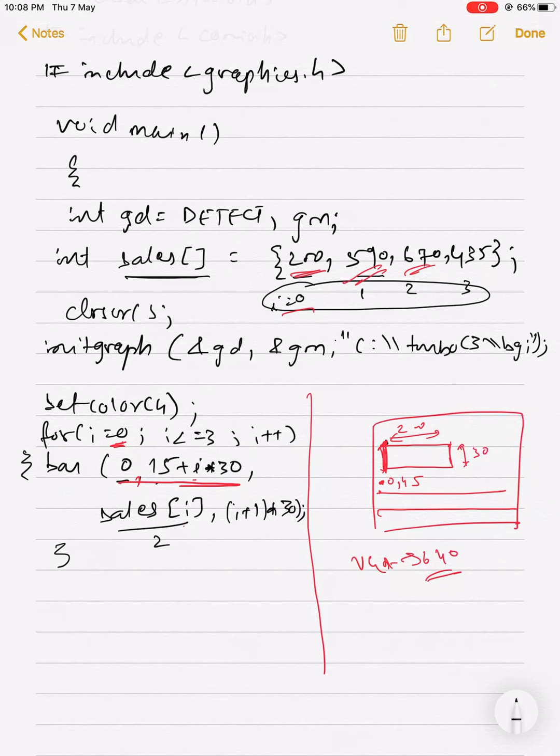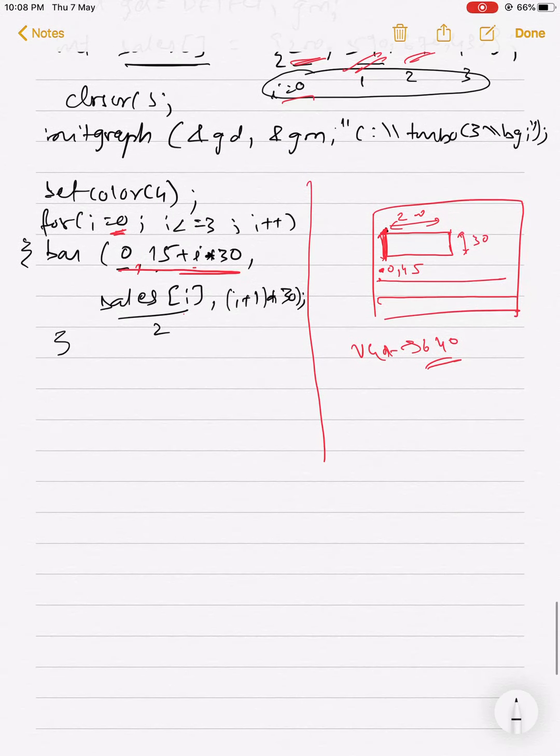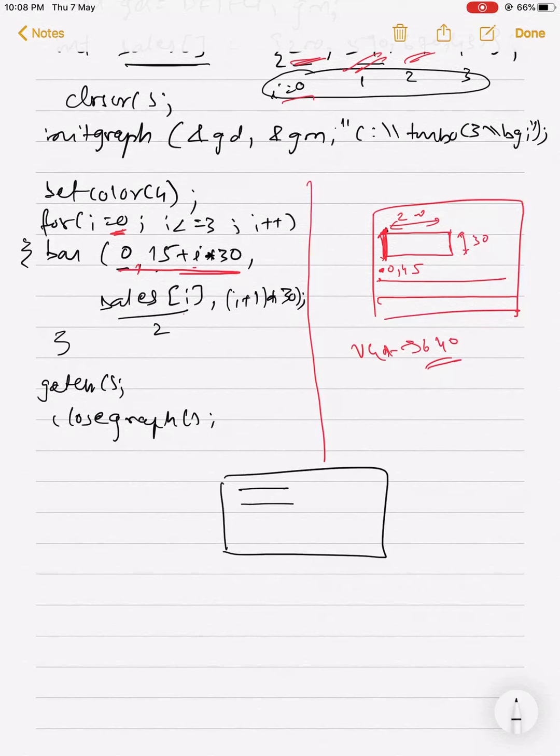So if you see the graph, wherever you see the 100 it will be a 200, wherever you see the 300 it will be a 600. Understanding or not? Just to adjust it inside your VGA graphics. Clear? Okay, then getch, closegraph. We will have this kind of pattern in the output.